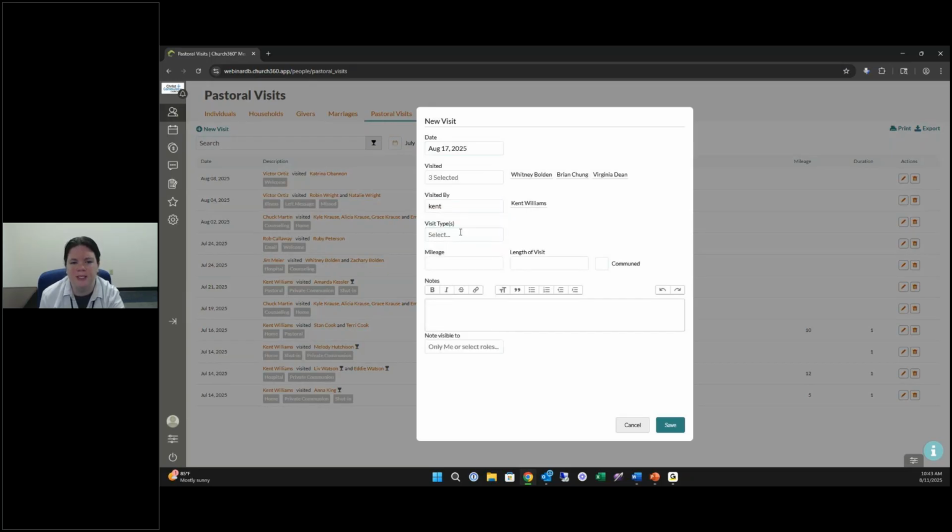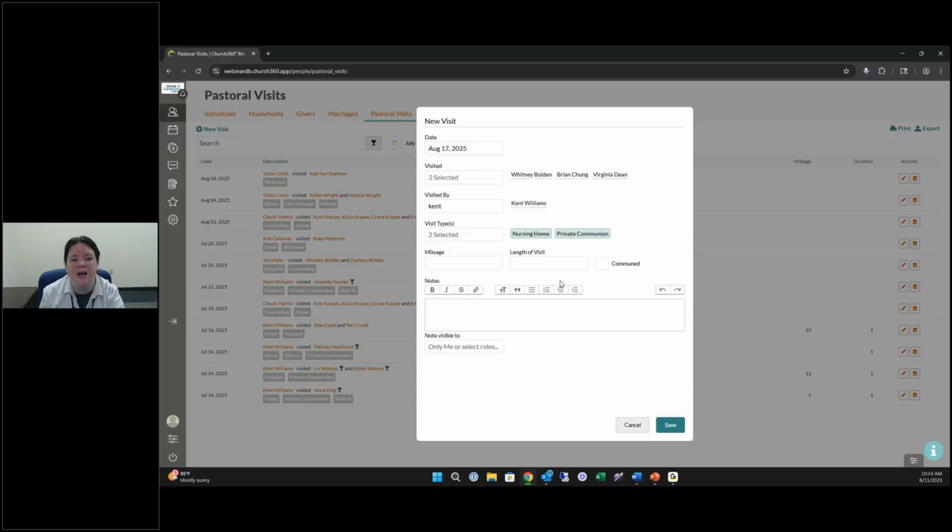Then you'll be able to select a specific visit type, just kind of keeping things more categorical, more vague, and you can select any of the existing visit types, or you can type in your own if you needed to, just typing these in and clicking on this plus button here. That will be an additional visit type from here on out. And then maybe in this particular instance, these are private communion, so I could also add in that additional tag